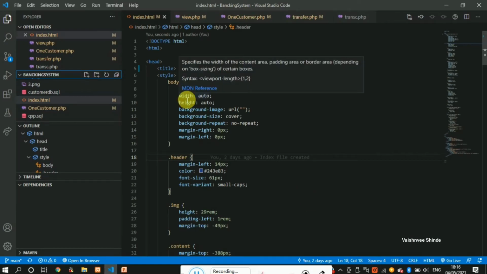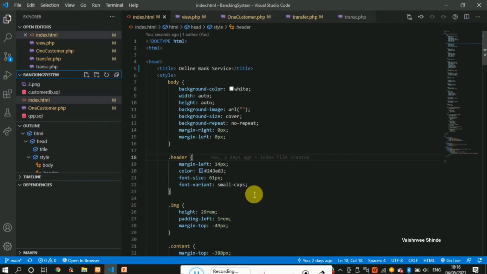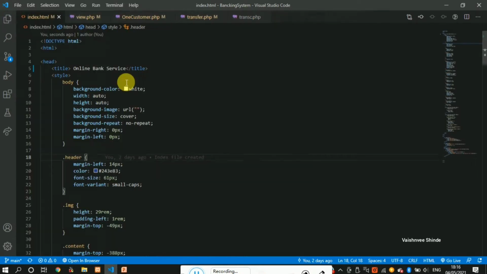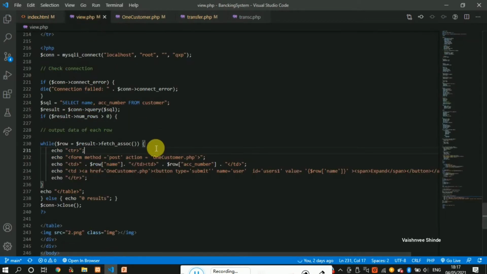Okay, here we are going to see the actual implementation of the website. Here we have just done the designing part. We are going to see the actual logic behind the transaction, how the customers are going to be added in the database, how the transaction is going to be performed at the back end, and how to display the transaction history to the customer. I'm also going to show you how to import the database, how to import the SQL file, and then we will see the actual implementation.